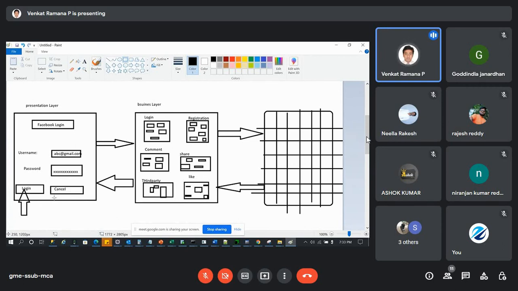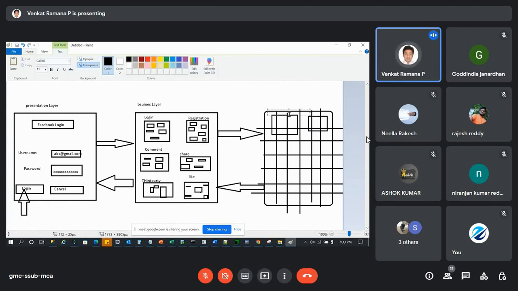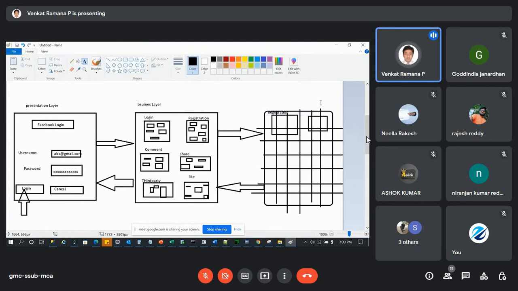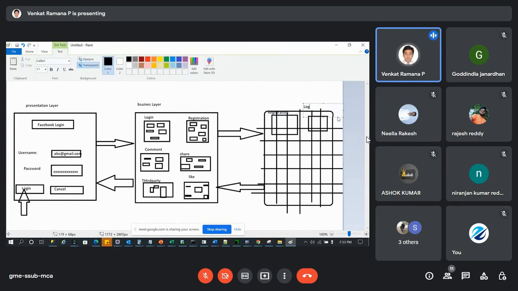When you click on this login button, these details should already be there in the database, correct? When you do a registration, there will be a registration table in the backend. If you're doing login, there should be a login table in the backend,